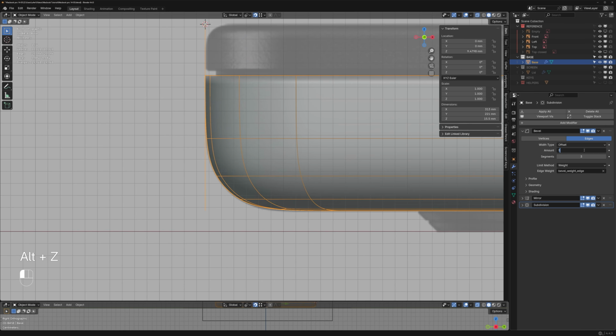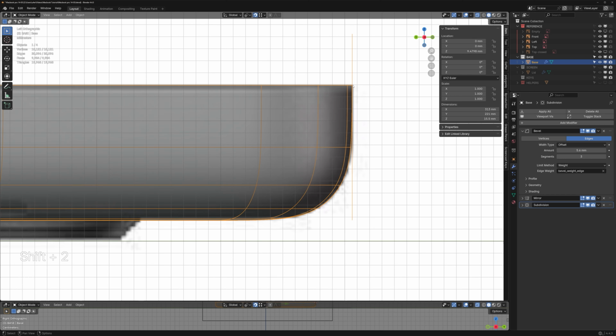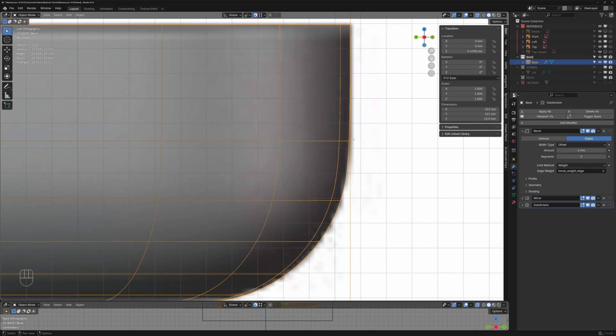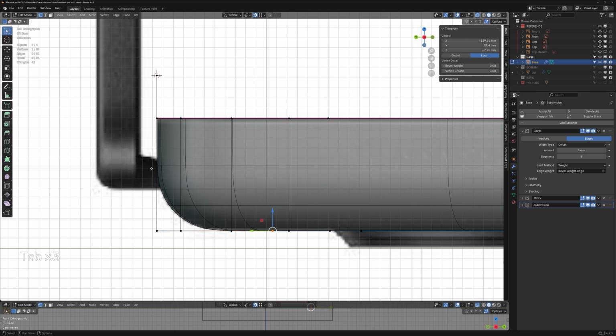So if you look at the reference image, it looks like it's pretty flat up to about here, whereas we are peeling away a little bit higher up. So what I'm going to do is I'm going to increase the segments to 5, and I'm going to increase this to 6. So that does get us closer. However,